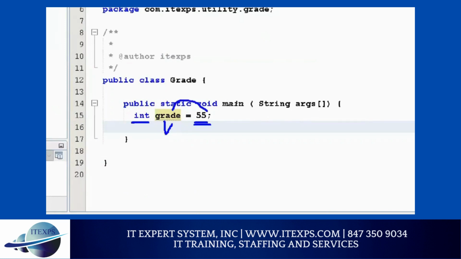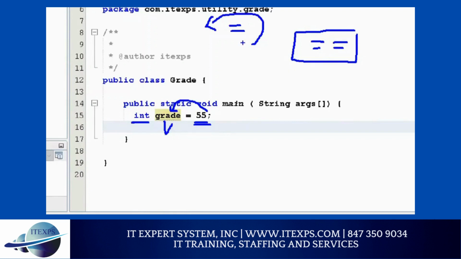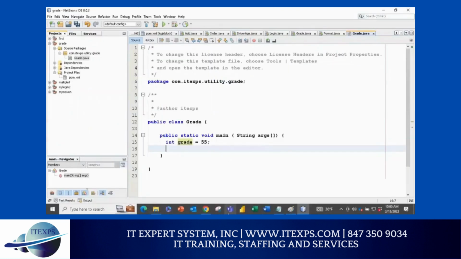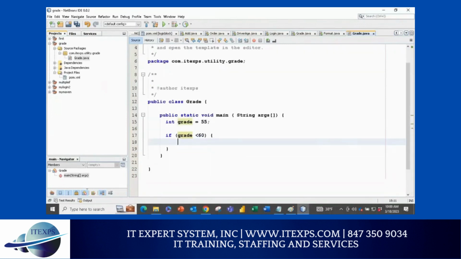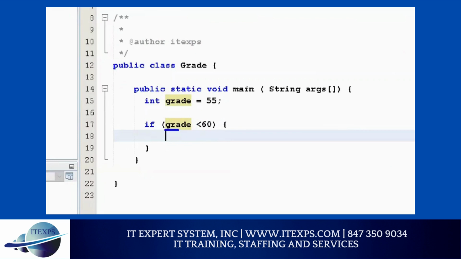So this value I'm assigning. Remember last week we talked about how one equals sign means assign. Assign means giving a value. And two equals signs means comparing values. Make sense or no? So when you use a logical statement, you use two equals signs. In an if statement, two equals; otherwise you are assigning a value. Now I'm going to write a condition. So if, in parenthesis, grade is less than 60, then parenthesis, curly bracket start, press enter. After the curly bracket, make sure you press enter. Always remember, whenever you write an if statement, you will have parenthesis, and after the parenthesis, you do a curly bracket and press enter. Make a habit of that.